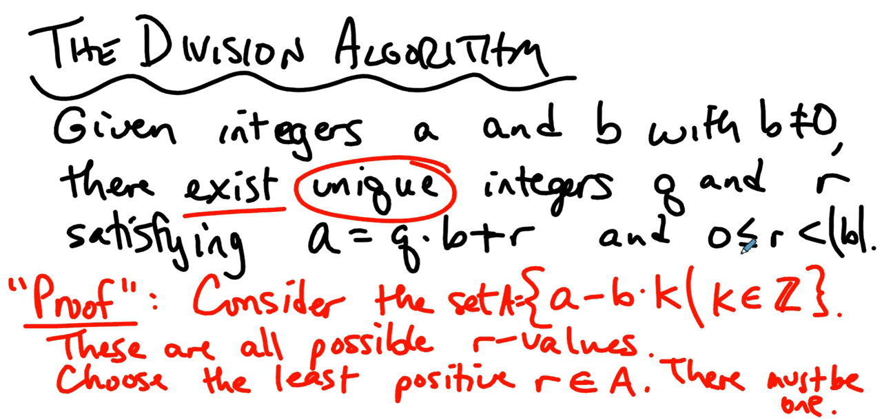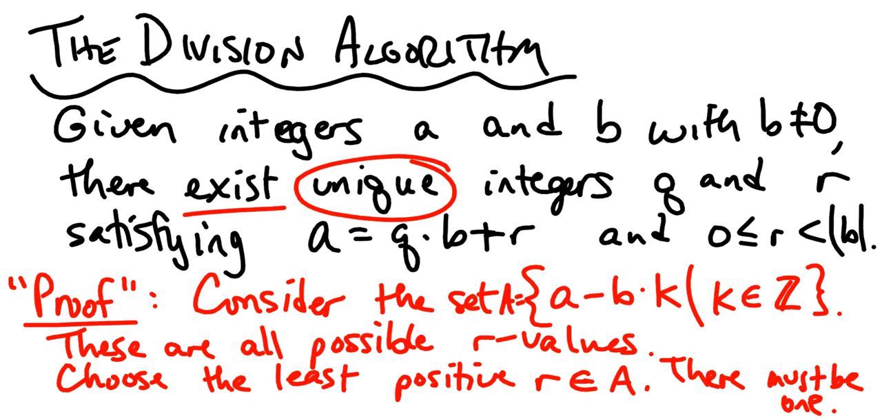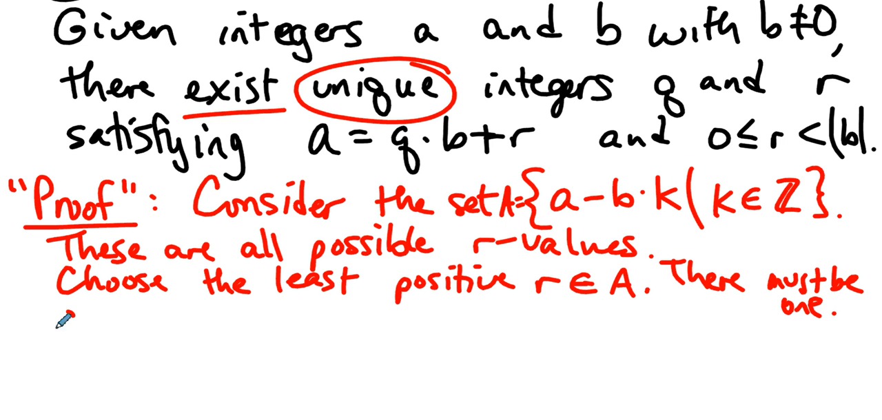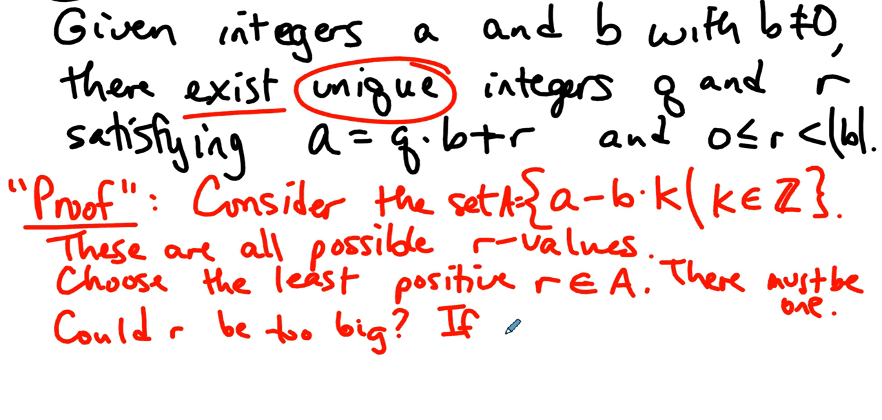So then there's a question: would r satisfy this inequality? So let's ask that question. Could r be too big? Could it be outside of this interval? Well, if r is greater than or equal to the absolute value of b,